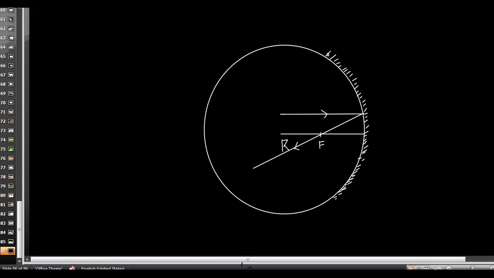Yes, sir. And if suppose there is another ray that is passing through the focus, then it's vice versa. If it is passing through the focus, okay, then it will be reflected back parallel to the principal axis. It will be reflected back and it will be parallel to the principal axis. Now this one is actually the principal axis. This line is the principal axis. Okay, so let's move further.